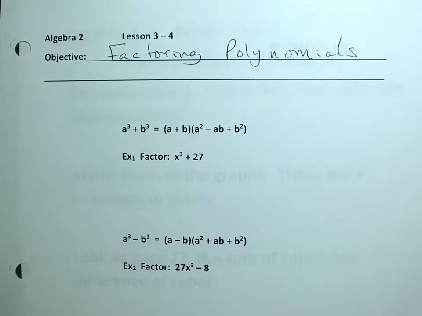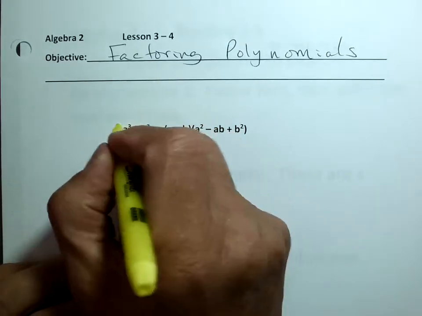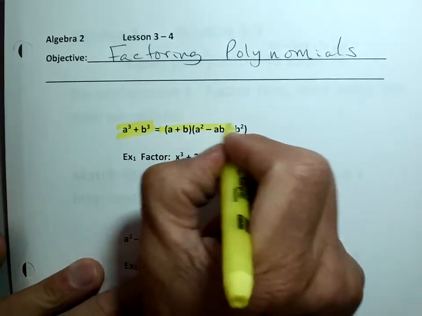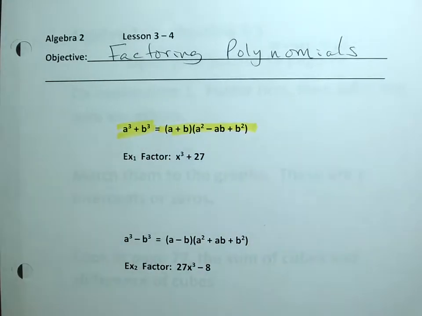So this one's different. Now, before we start, you can factor what we call cubes. This is a cube plus a cube, okay? And here's the formula, right? This is totally different